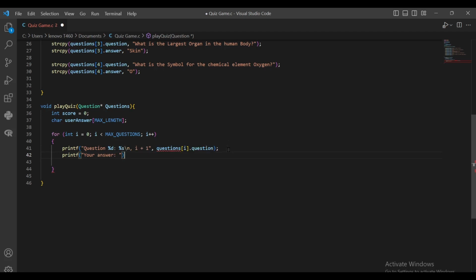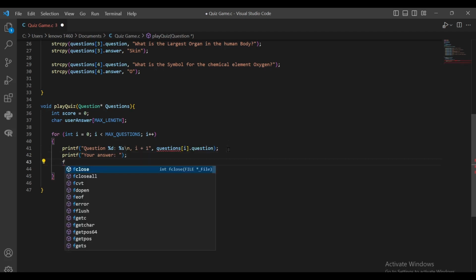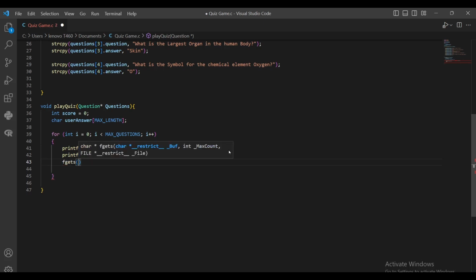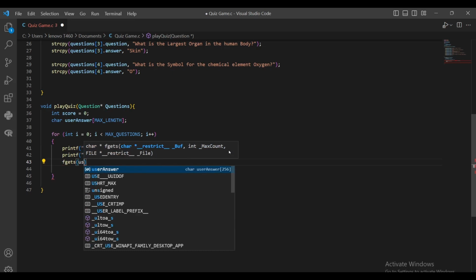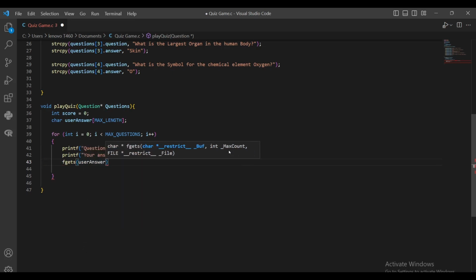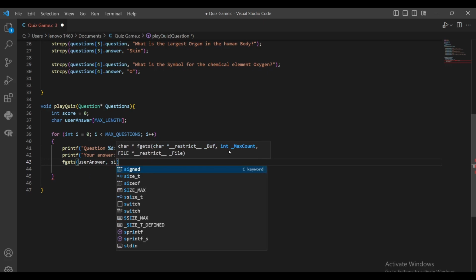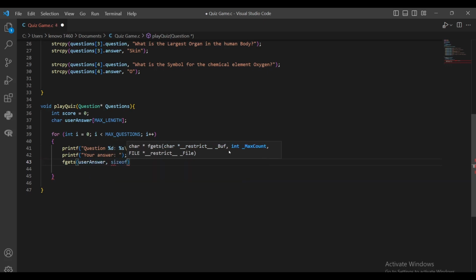To get the user input, we're going to use this here, fgets, and so here sizeof, and what I'm going to do next, here I'm going to pass the user answer and